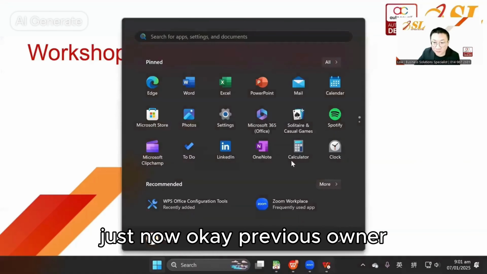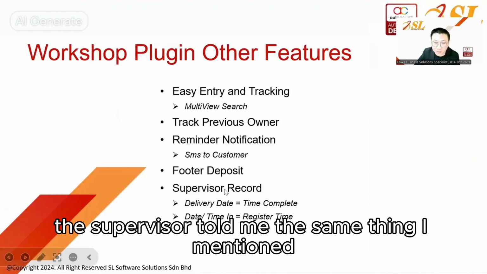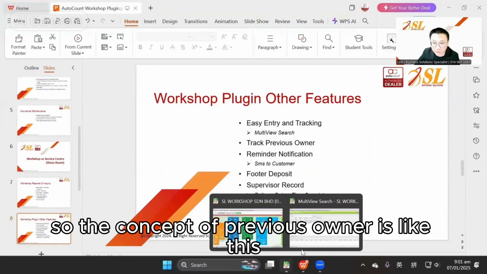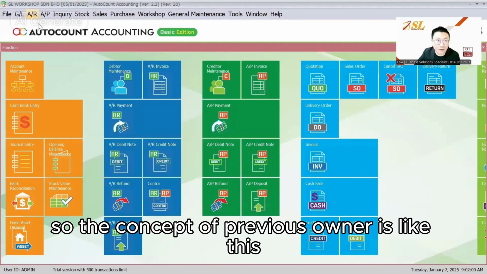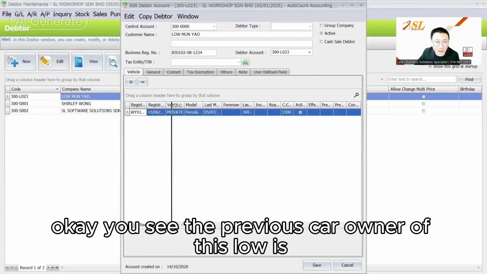Did I miss anything just now? Okay, previous owner, the supervisor told me the same thing. I mentioned previous owner before. So the concept of previous owner is like this. Okay, you see the previous car owner of this Low is